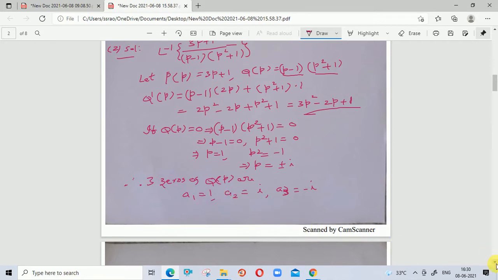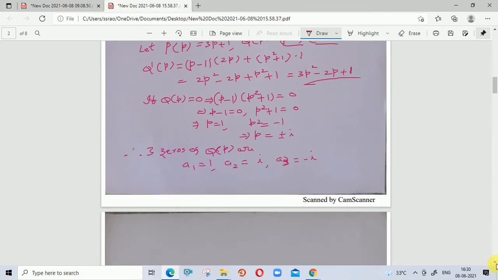So P of 1 is equal to 3p plus 1, that is 3 into 1 plus 1, that is equal to 4. Now P of i is equal to 3p plus 1, that is 3i plus 1. Next P of minus i is equal to 3 into minus i plus 1, that is equal to minus 3i plus 1. Okay,